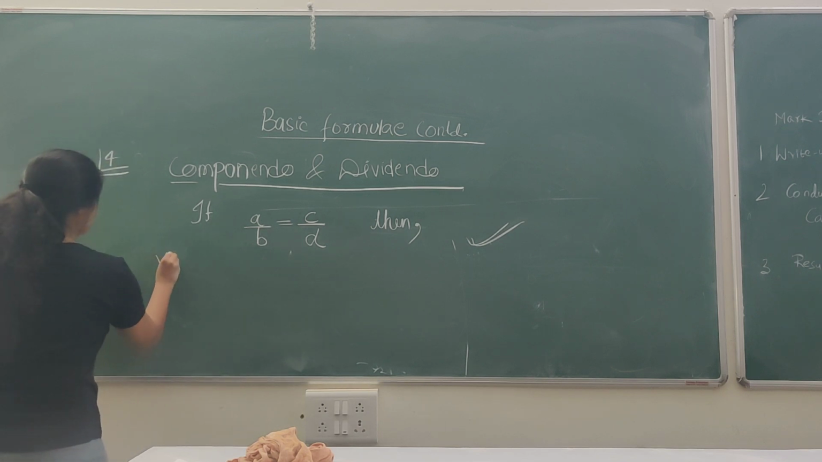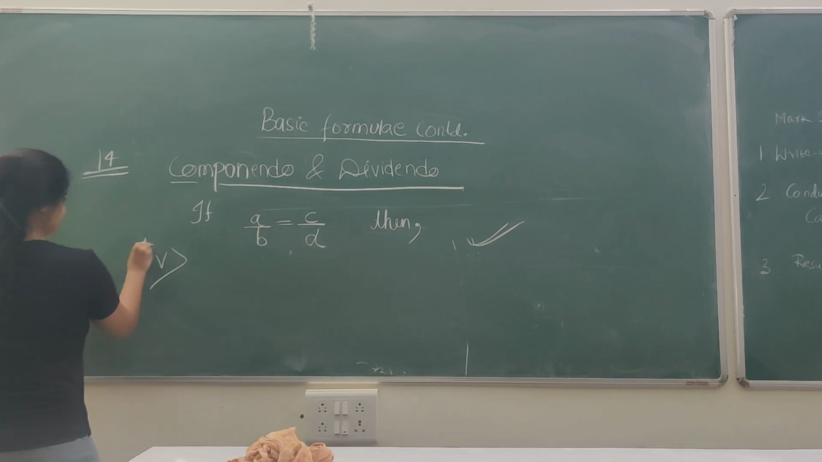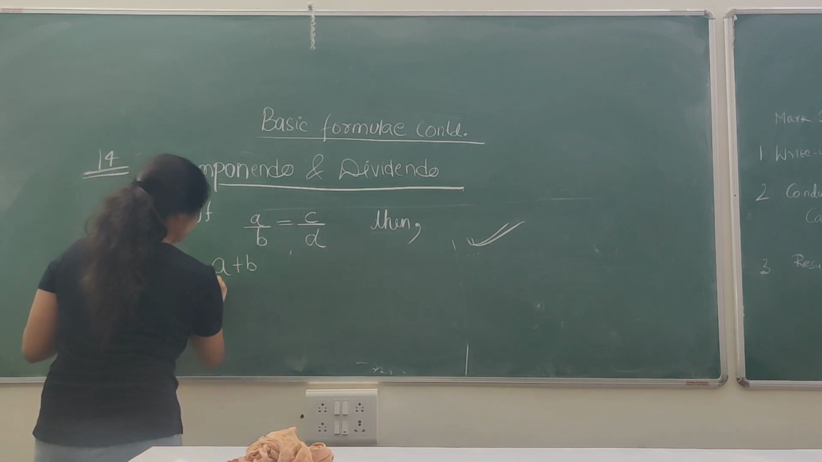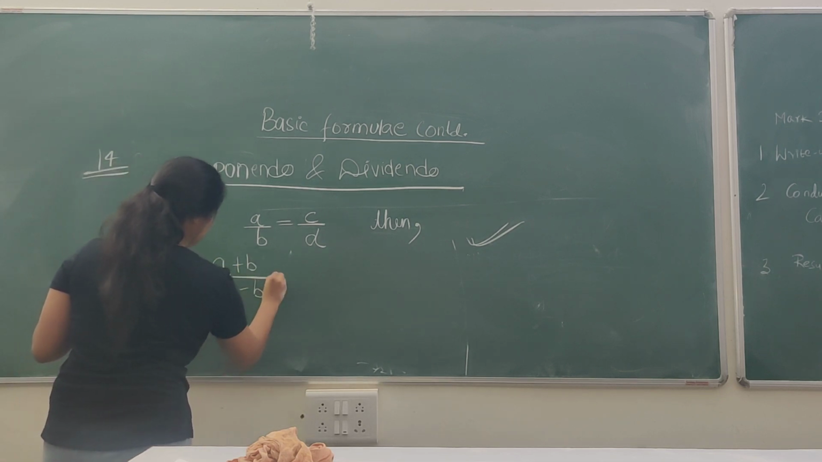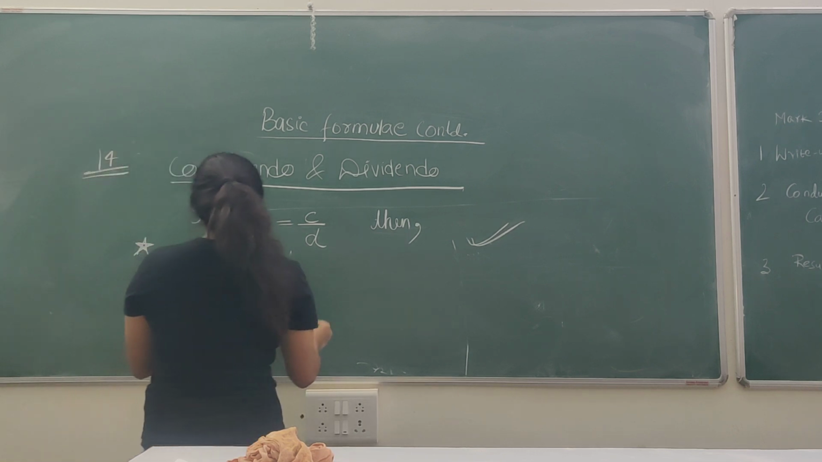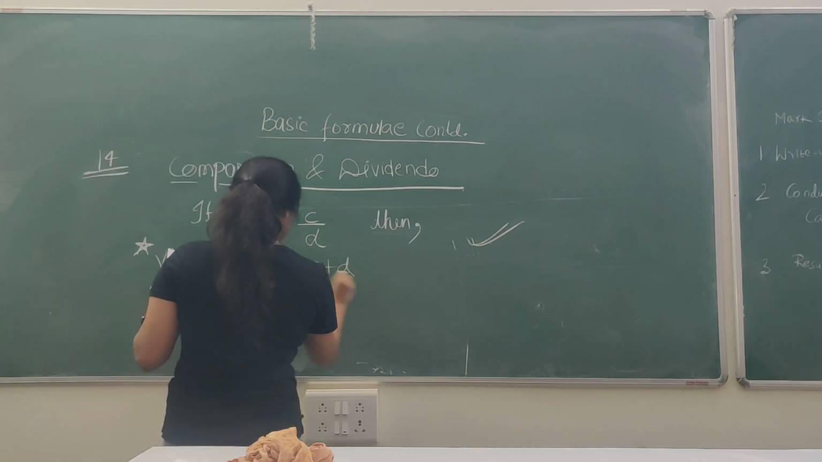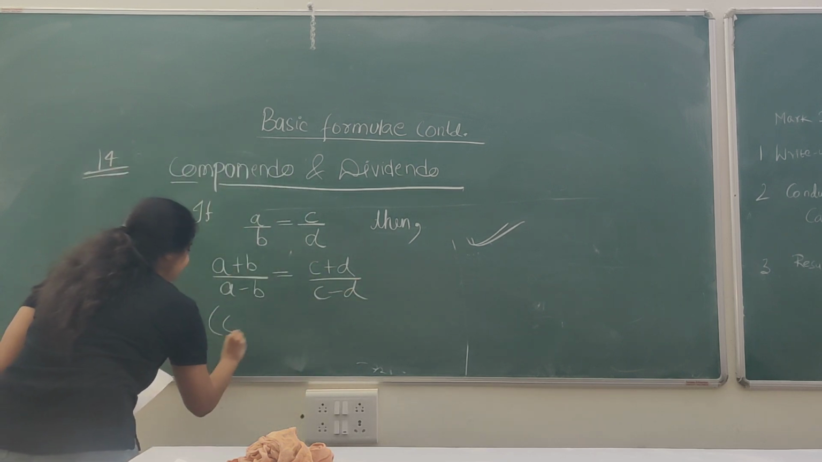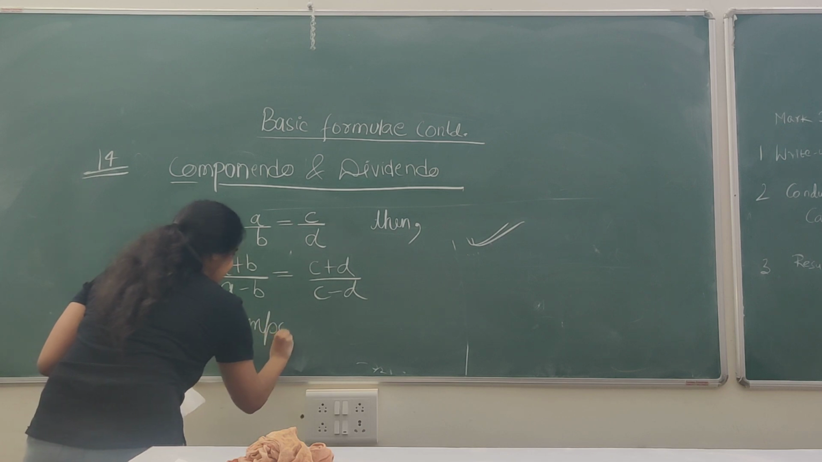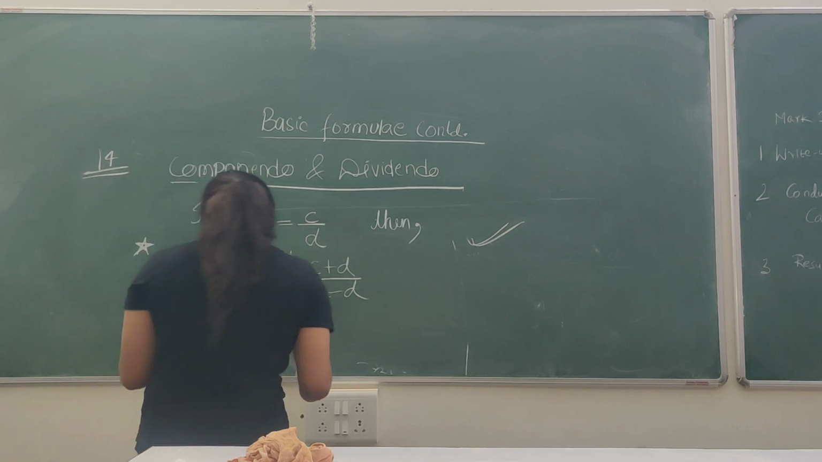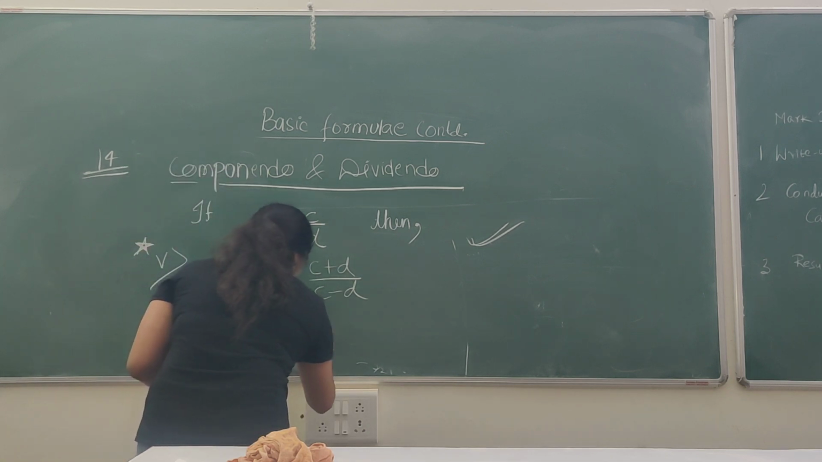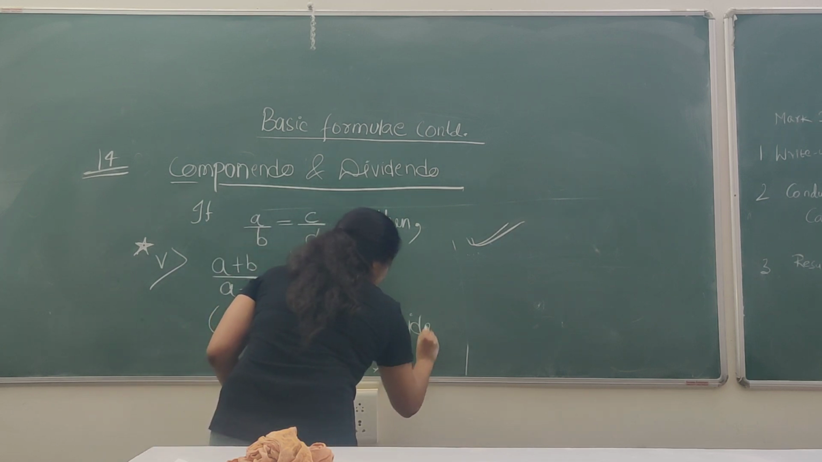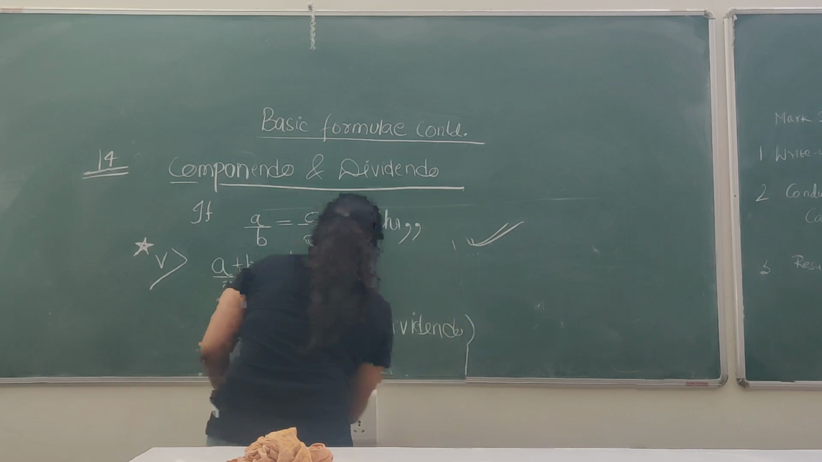So the fifth one is very important. Put a star mark on it. It says if a by b equals c by d, then a plus b upon a minus b is equal to c plus d upon c minus d. And by which property has this happened, children? This is nothing but we call it componendo and dividendo. And how has this happened? If you look at the property